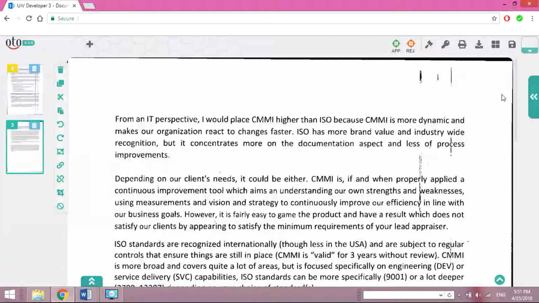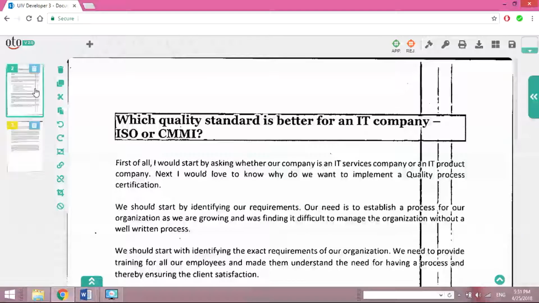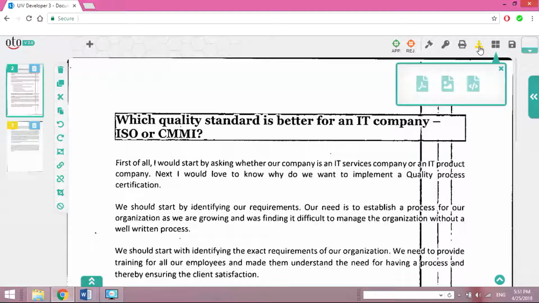If you'd like to export any particular page from the document, then click on the page, and then click on this icon, and you can choose to export your page in one of 3 formats, either PDF or PNG or Base64, which is an encrypted format. I'll go ahead and select PDF,